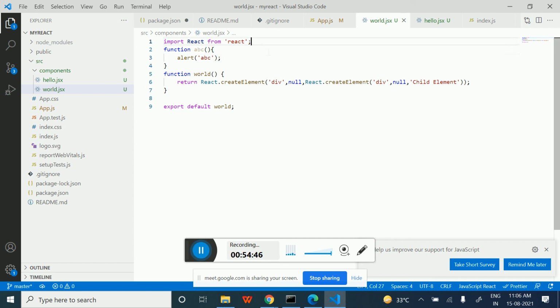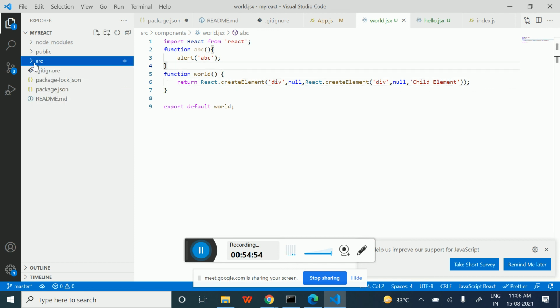So now we have covered functional component, class component, JSX, and all the folder structure, project setup,